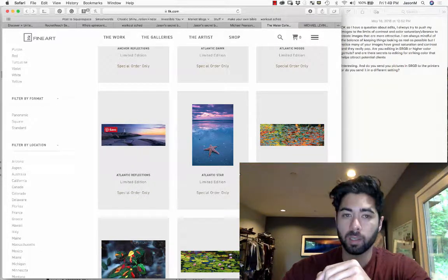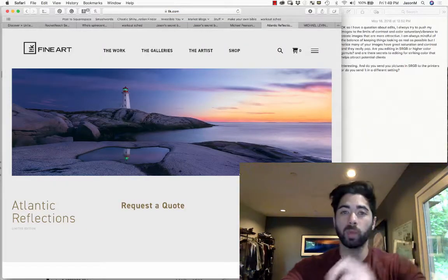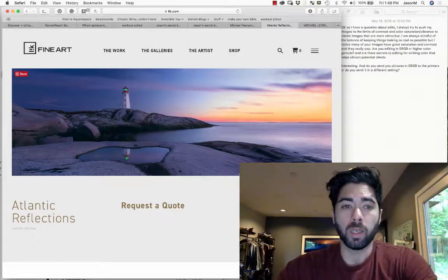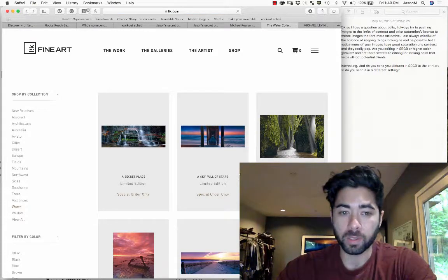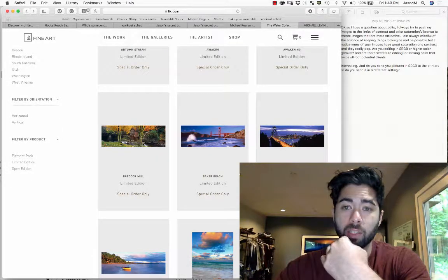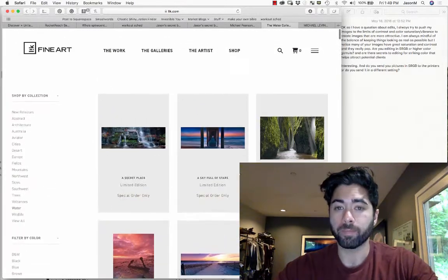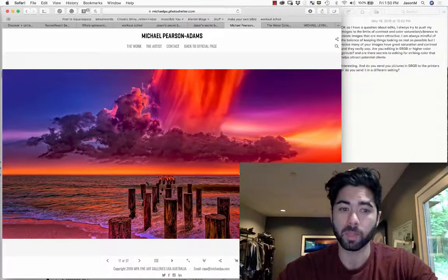But here's the gamut of photographers who make money with their photographs in printing. I forgot how I'm trying to say it, but the answer is there's no right answer, and it's really up to you. Okay, you've got to create stunning visuals. I personally lean toward Michael Levin and Peter Lik, and try to really stay away from these types of images,